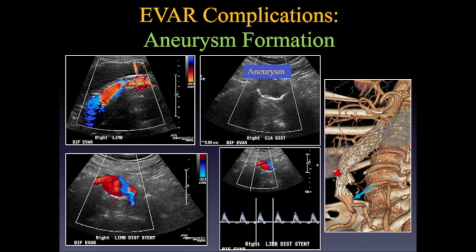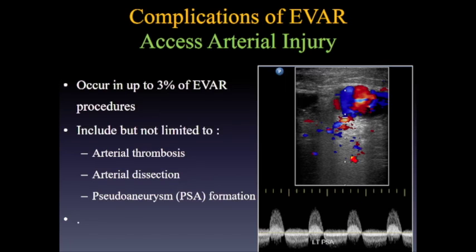Aneurysm formation just below the stent graft can also happen, and if it's diagnosed, it has to be mentioned in the report as well, because it can also grow and rupture. And access arterial injury can also be found, such as dissections, arterial thrombosis, or pseudoaneurysm formation, like in this case. And we can detect the to-and-fro flow within the neck and the yin-yang sign within the